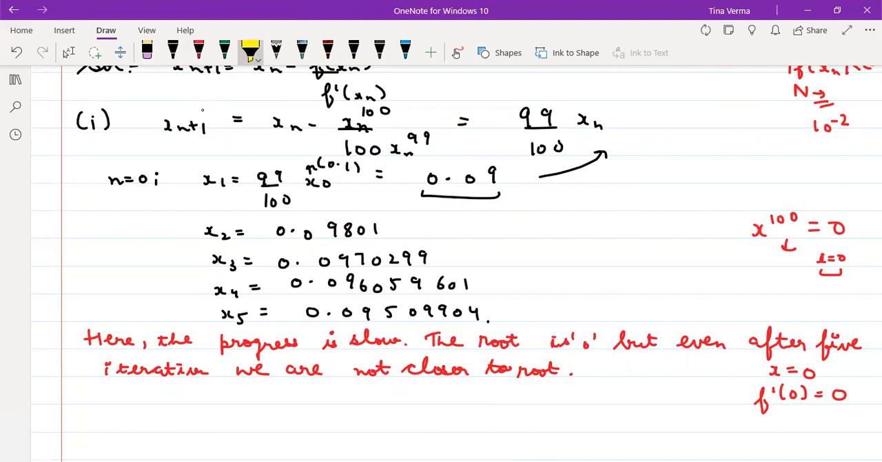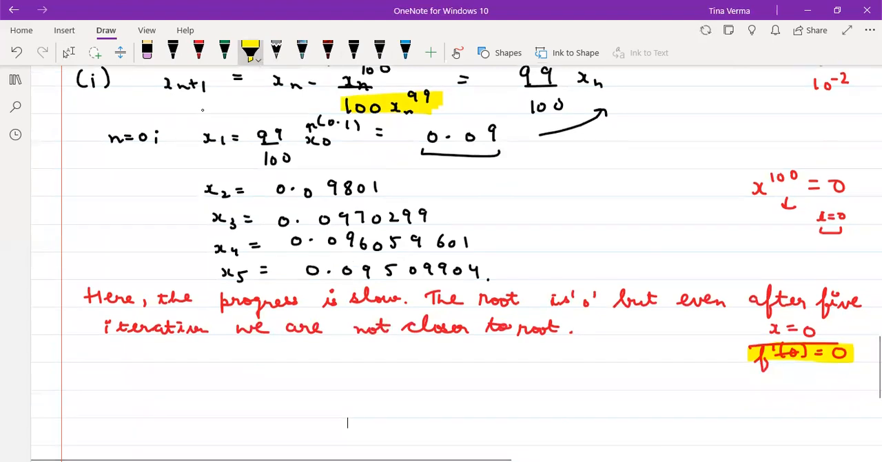This is the reason, because your f dash, which is 100x raised to the power 99, is 0 at x equal to 0. That's why your convergence is slow. In the previous case, it was occurring that it diverges. Here it is converging, but convergence is slow just because at the root your derivative is 0, right? The next, in the same way, the next part we have